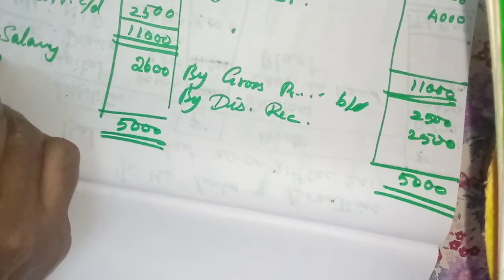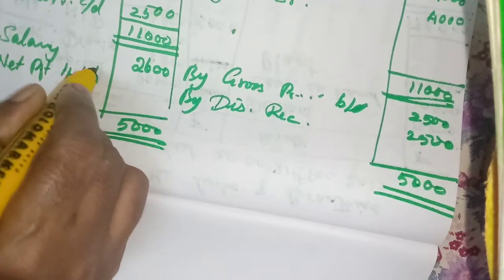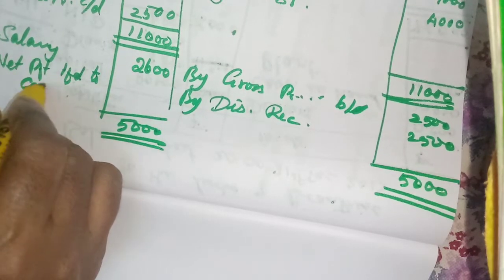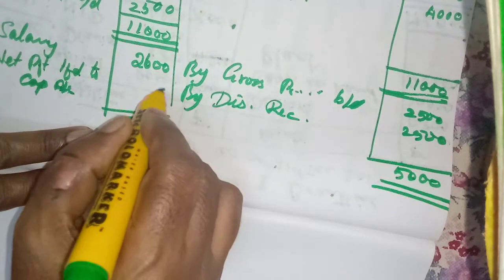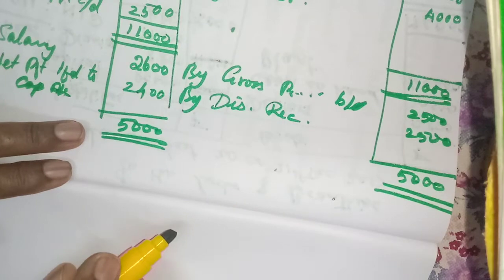To net profit transferred to, you write fully. Okay, transferred to capital account 4,10, balance 13 plus 2,52,400. Now we will prepare the balance sheet. Here you write balance sheet as on